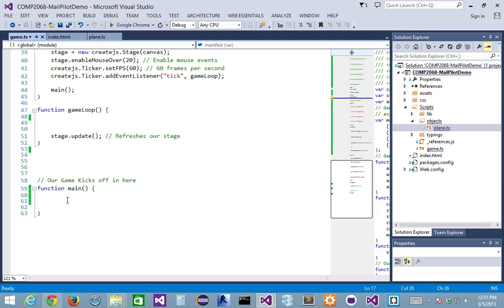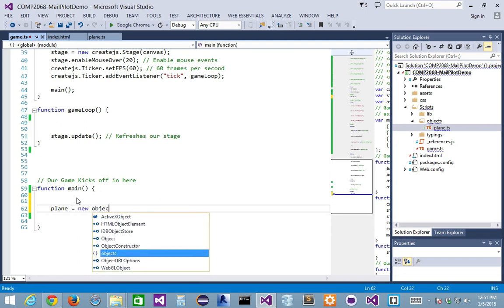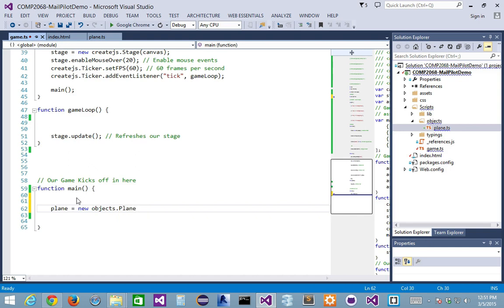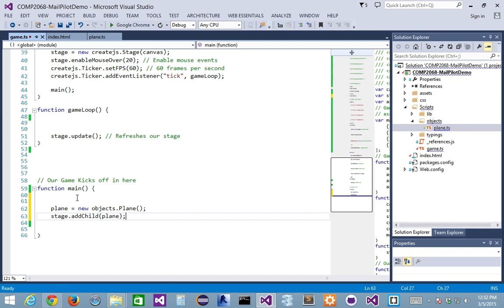So here's my main. I'm going to go down to my main now, and I should have access to it. I should say plane then, right, is equal to a new objects dot plane. And of course, I'm not passing anything in there because I'm taking care of all that. All right? Well, this is cool, right? And I'm going to add my plane to my stage. So I'm going to say stage dot add child plane, just like we did last time. Okay, if everything goes well, and if I have no errors, I'm going to run this thing, and I get